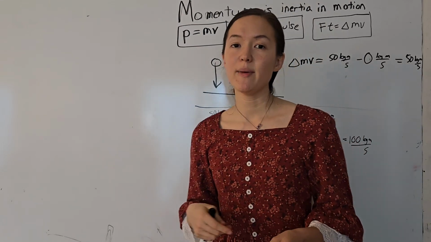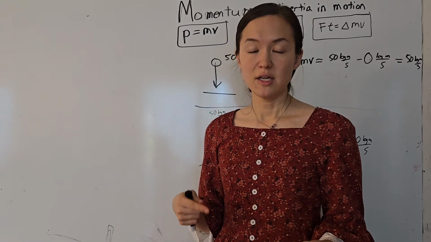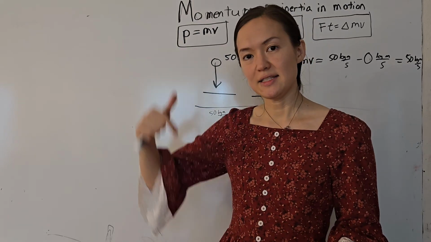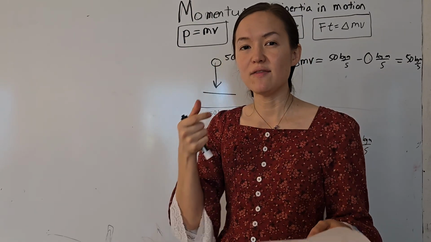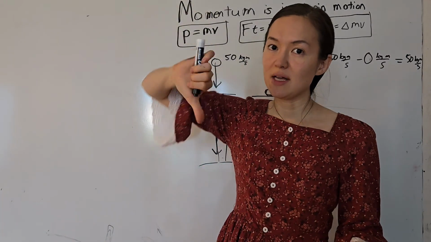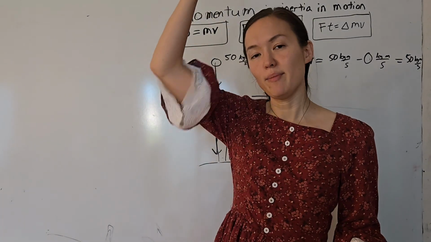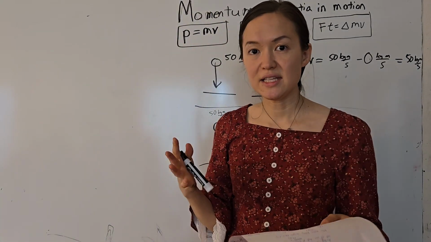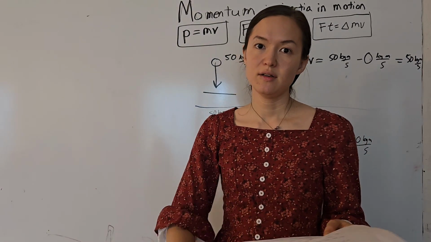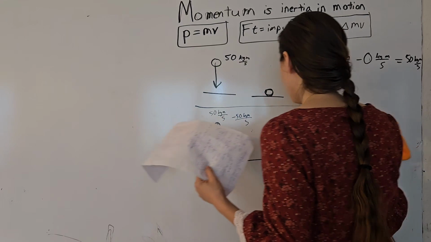The book had a cool story about how a guy used this in a water wheel to figure out how to make the water wheel turn faster. Instead of having paddles, he had cups, and it sent the water shooting back up, and this gave twice the impulse. Because remember, if it changes the momentum completely, it didn't just come down and stop. The momentum came down, shot back up. So now you've got twice the impulse, pushing that water wheel twice as hard. So that was a pretty cool touch about the water wheel.